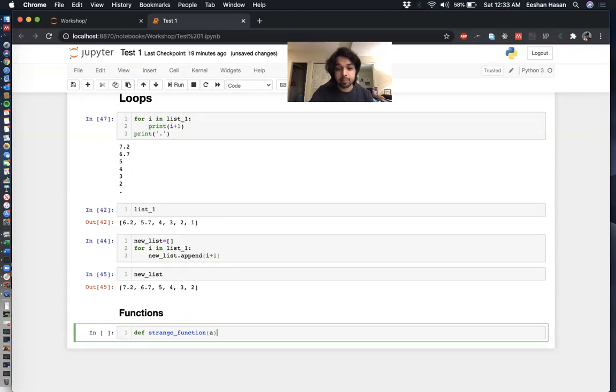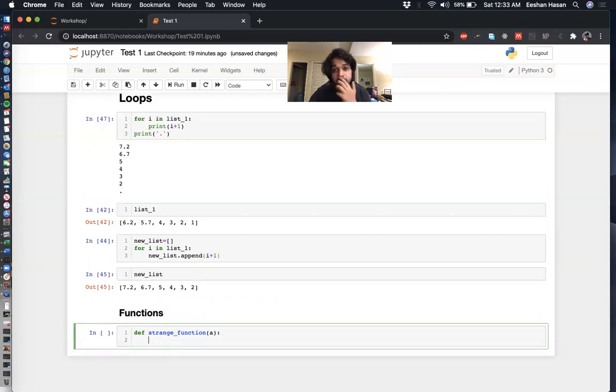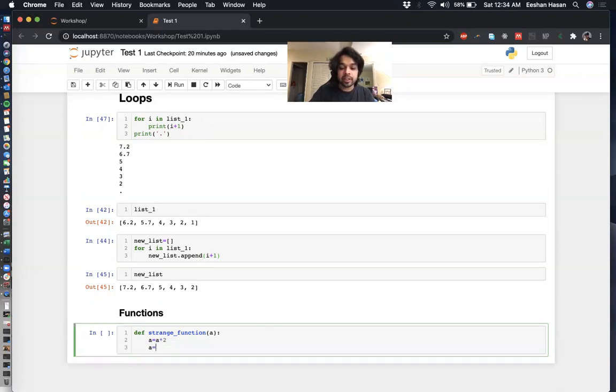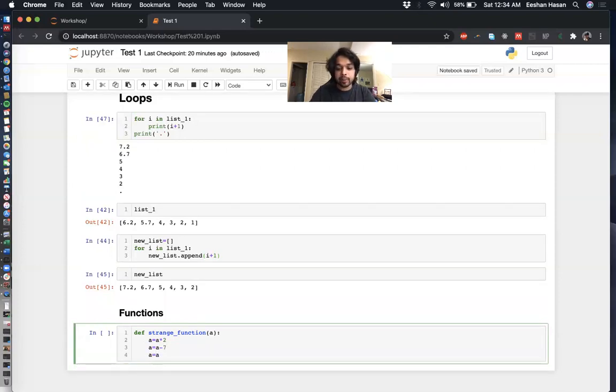Parentheses is where you put your inputs, press colon, you get your indent automatically, and then you say a is equal to a times 2, a is equal to a minus 7, and then a is equal to a divided by 5. So I have a function that takes a certain number, doubles it, subtracts 7, divides it by 5, and then